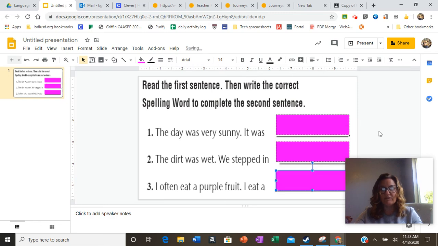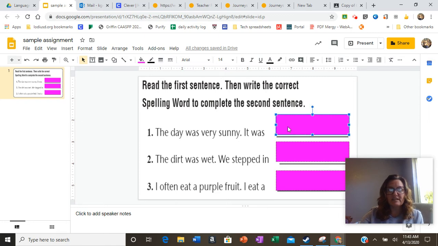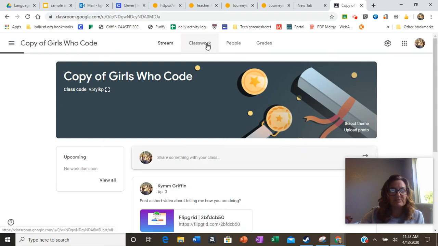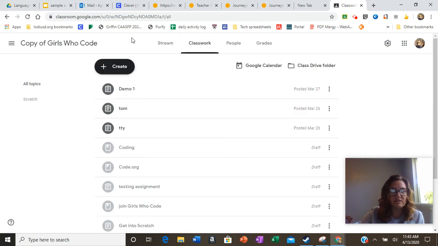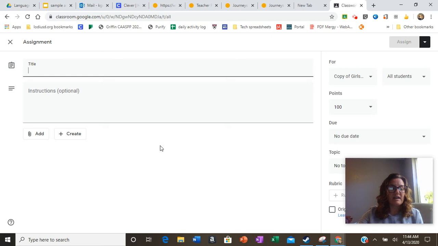Okay, so that would be one way that you could take the PDF and move it into a slide, and then we can post it in Google Classroom. So I'm going to call this sample assignment. So now I have a slide that my students can write on or type the answer in. Okay, so now we go over to Google Classroom, and I want to go to classwork. We're going to create a new assignment. I need to title this